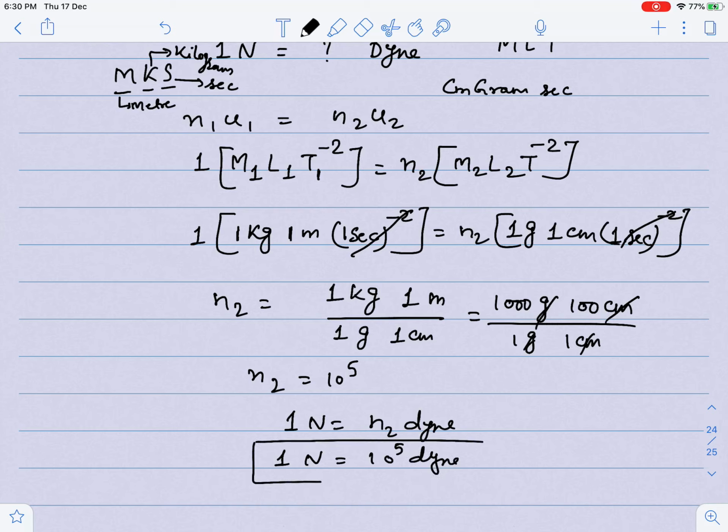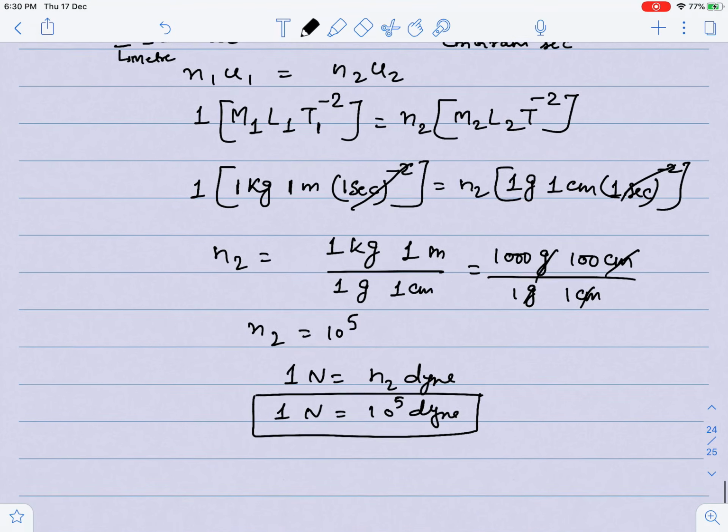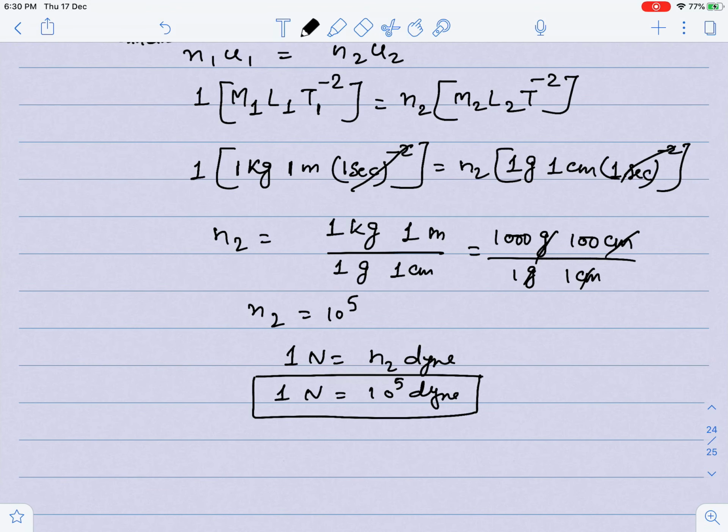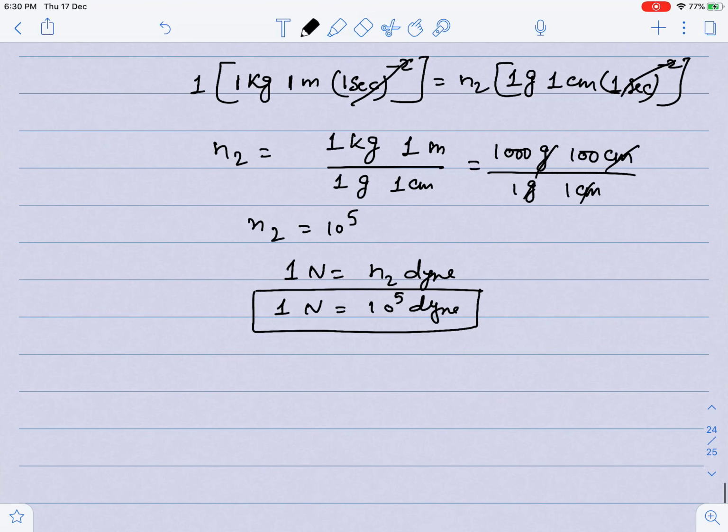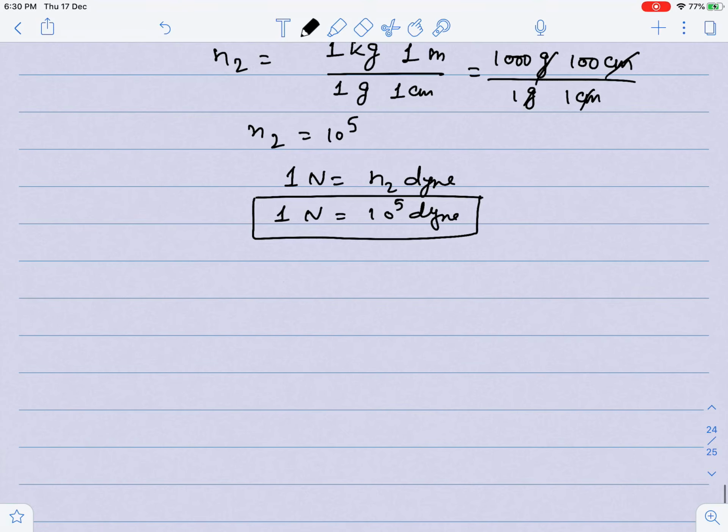So basically what I want to discuss here, I want to write in the form which you have to use directly to solve the question, guys. In order to make you understand, I have written these things. Now in the second method, I will just write the things which you have to understand.